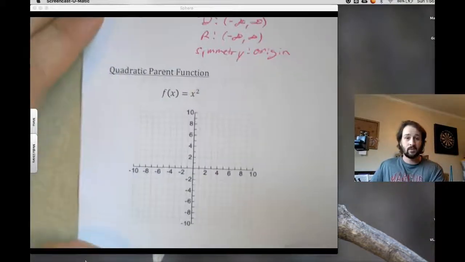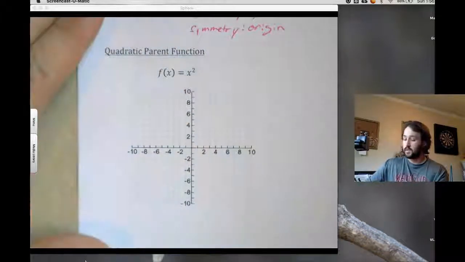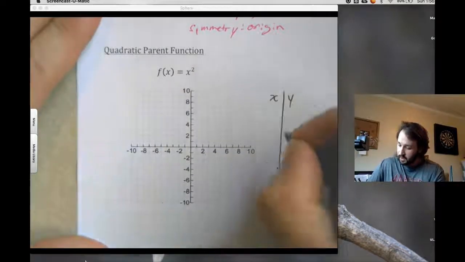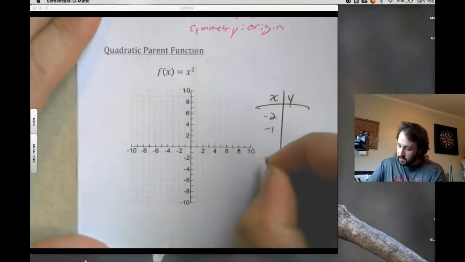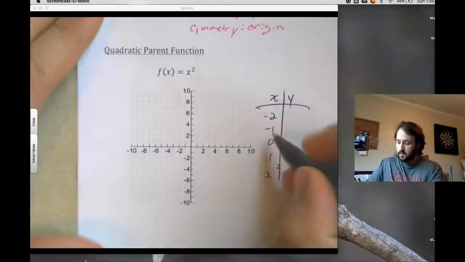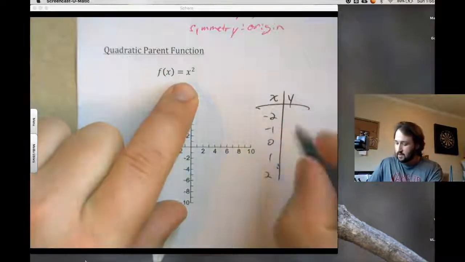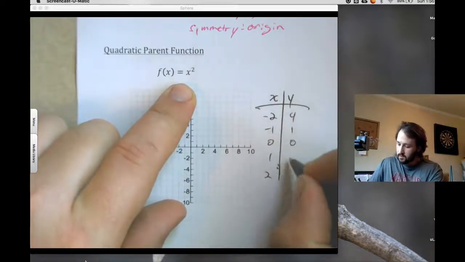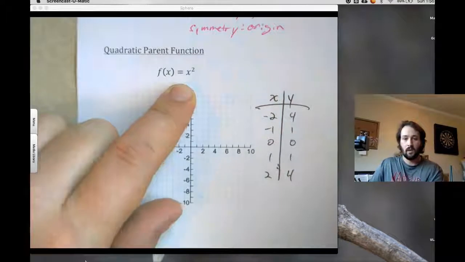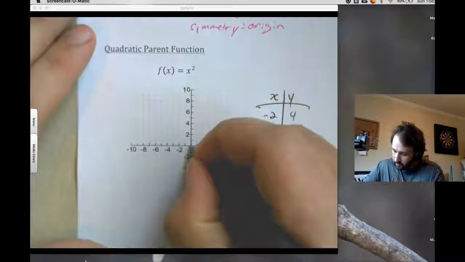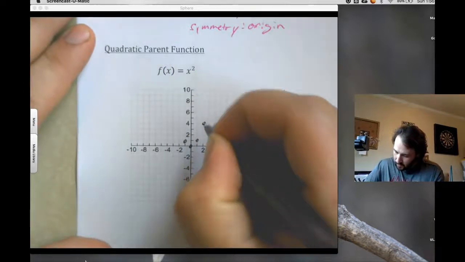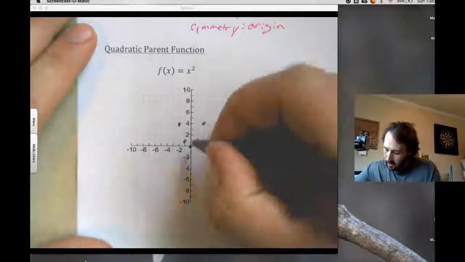All right, the next one, which we've been messing with some as well, is the quadratic parent function. So with the quadratic parent function, again, I'll make a table for you guys. If I have -2, -1, 0, 1, 2. So notice I am squaring my x values. So -2 squared is 4, -1 squared is 1, 0 squared is 0, 1 squared is 1, 2 squared is 4. So if I were to graph all of those points, this is also called a parabola, parabolic motion, and